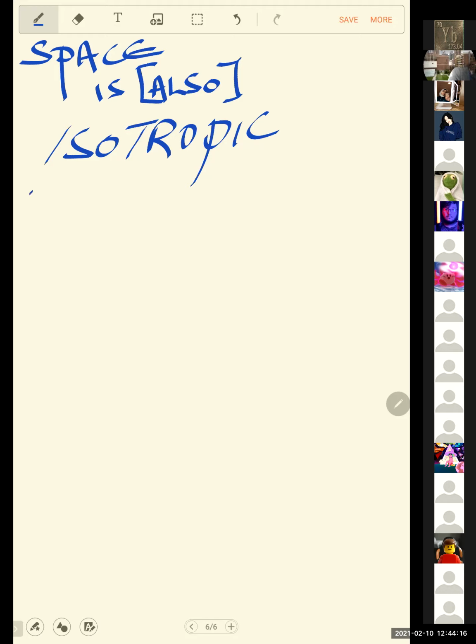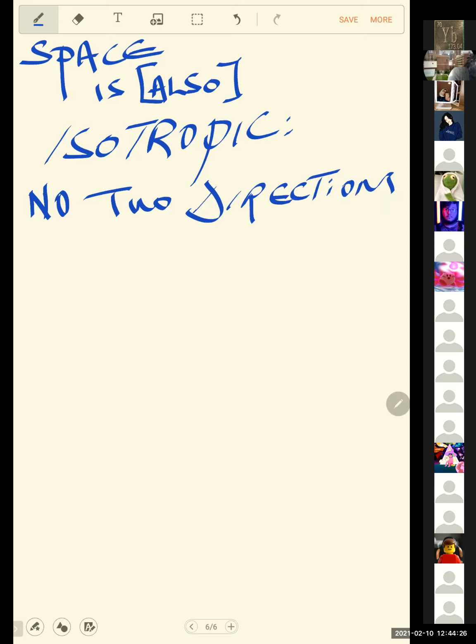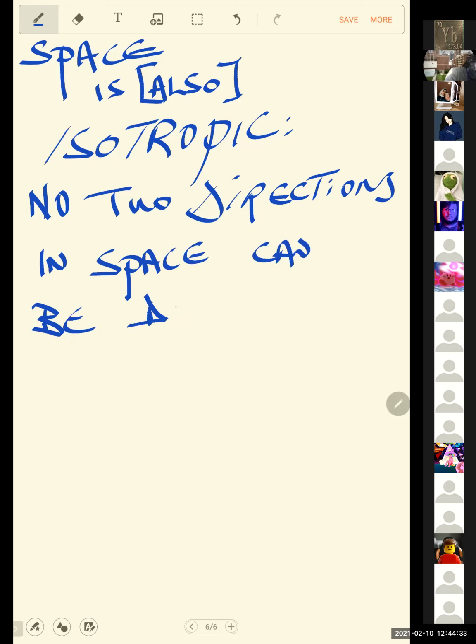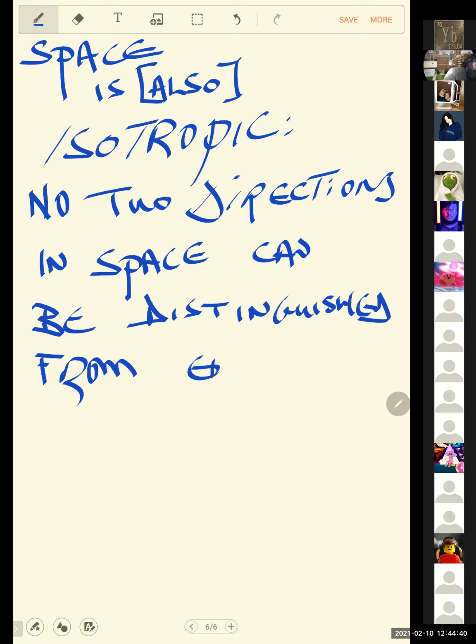Isotropic means... okay, now this is subtle. This is also true of space, but it's a different property of space, that in space